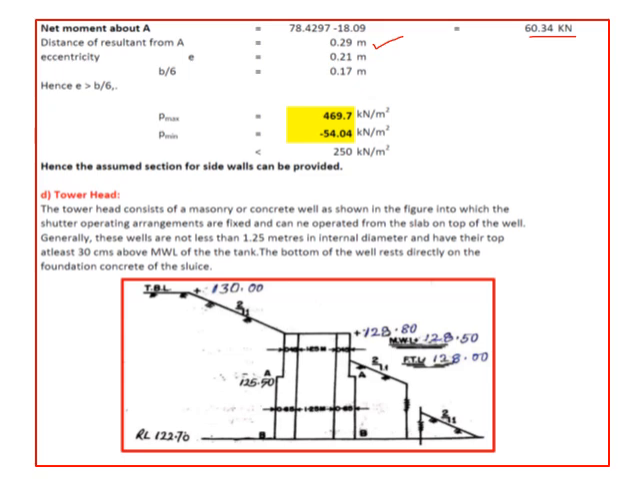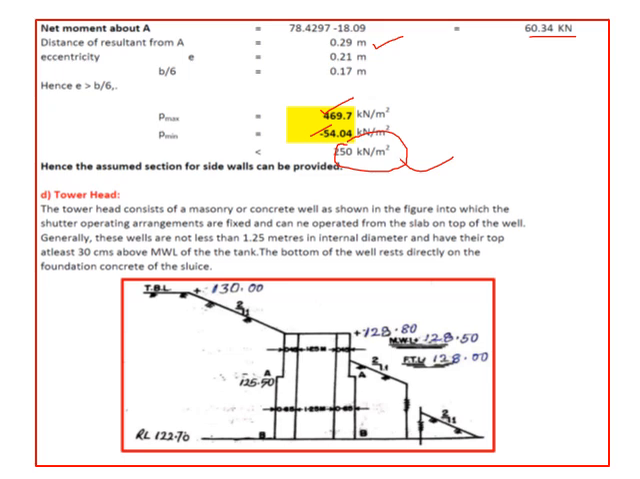So B by 6 is 0.17. You know E is slightly greater than B by 6. However, we can calculate P max as sigma V by B into 1 plus 6E by B. Similarly, P minimum will be a little bit tension, but for masonry it will be allowed up to 125 kN per meter square. However, for concrete it can go up to 250 kN per meter square. So that means whatever side walls that we have assumed can always be taken